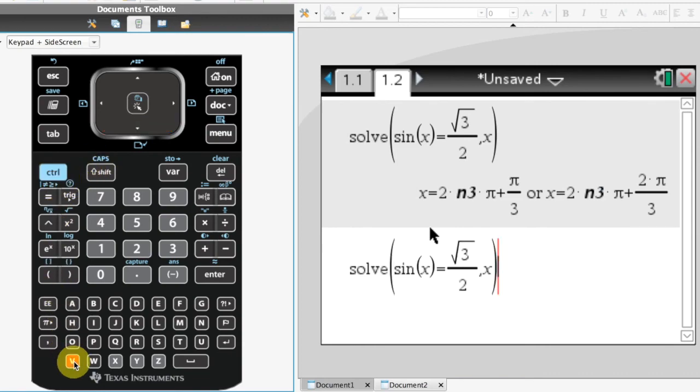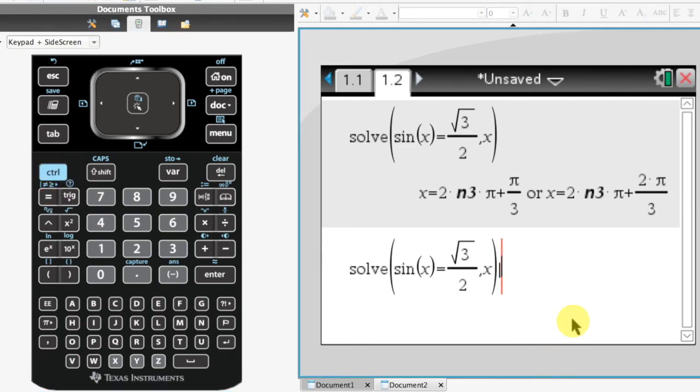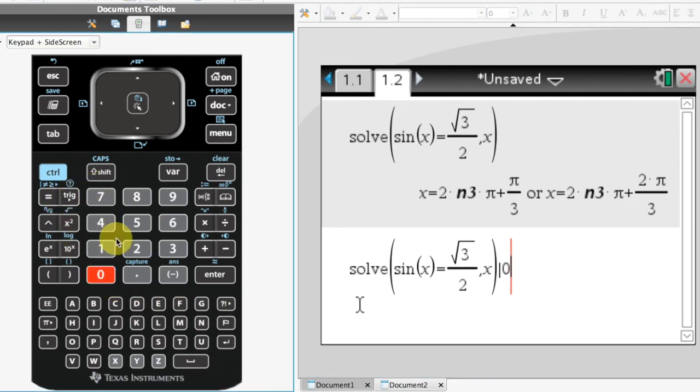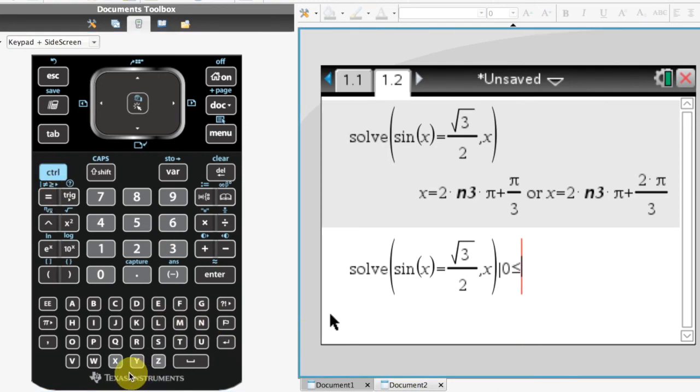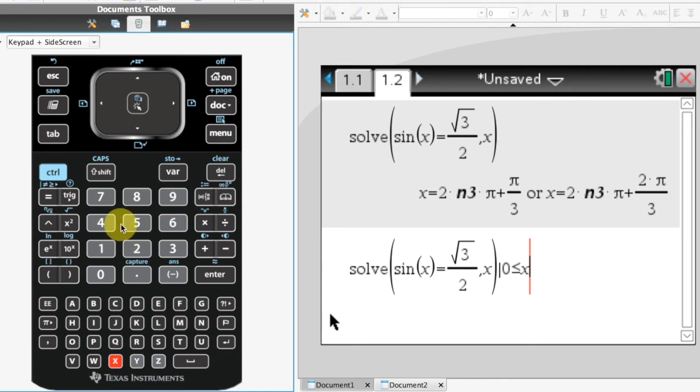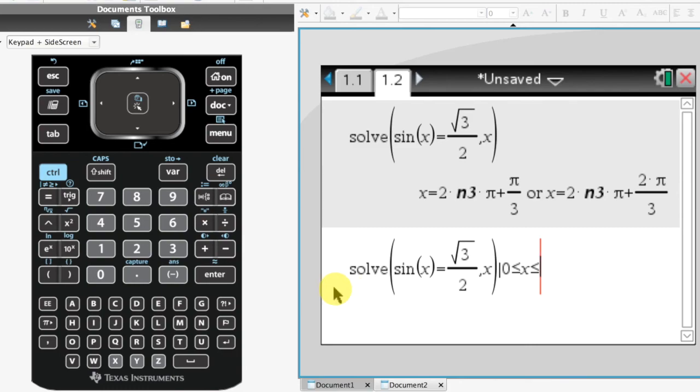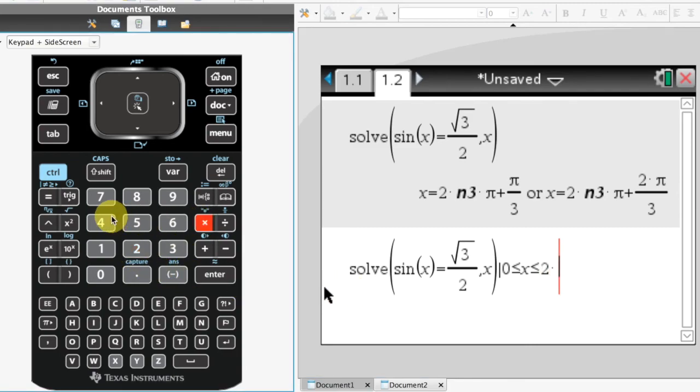Control V. And if we put on a domain restriction, so we've got that sine of that, comma X, and then we'll say given that we are between 0, so we've got X being greater than 0, X being less than 2 pi, so 2 times, and then I put in my pi function, so just here,